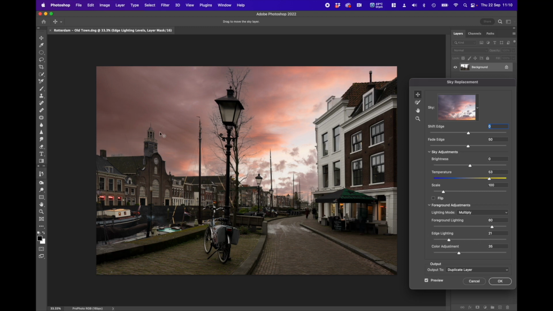So if I select a higher one, you'll see there's more of a halo, and if I move it further to the right, there's less of a halo effect. So we go in there. Color adjustment, you can move the slider. It will affect the foreground colors based on the sky colors, so you can have it falling in line with those colors if you want to. So I'm actually going to go with a little bit of that. Now I'm going to reduce the brightness a little bit on that sky,